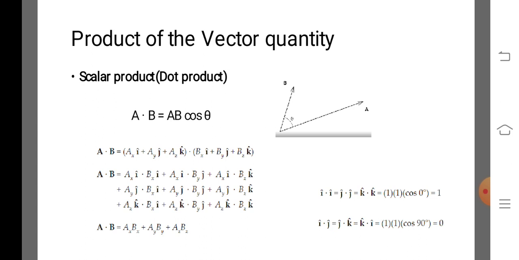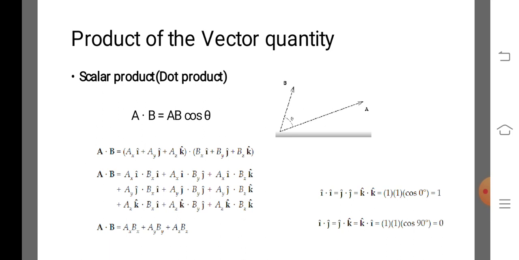So A dot B equals AB cos theta. The A vector takes place across the diagonal. The B vector takes place along the y-axis. So both vectors occur with some angle of deflection between them. So A dot B equals AB cos theta.